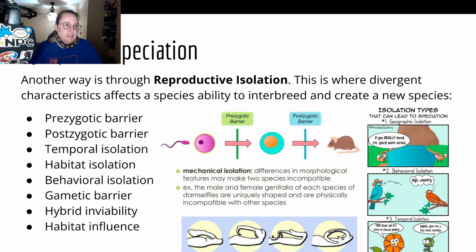Hybrid inviability, so you make a hybrid like horses and donkeys, but it doesn't really do anything. So bada boom, you have to get more mules, you got to get horses and donkeys together. That would be hybrid inviability. Another example of this is the liger, although tigers and lions, if you put them together, they're not really in the mood, okay? Even if you set romantic candles. We have to make ligers in the lab. We have to get the sperm and the eggs and put it together in a lab and then put it in a mommy. It does not work in practice.